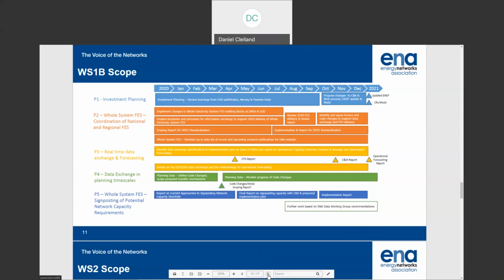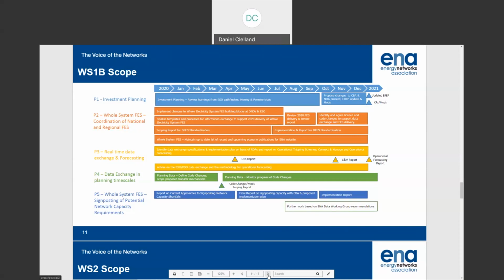I probably should have highlighted when I did my introductory spiel that, as Nigel said earlier, we are very focused on implementation. In some circumstances, that means implementation across the network operators to make change, to implement good practice, to make system change, to make data available. In other areas, it is raising modifications and change requests to codes in order to formalize change in industry governance, to ensure that there is the appropriate regulatory scrutiny and regulatory binding obligations on implementation.